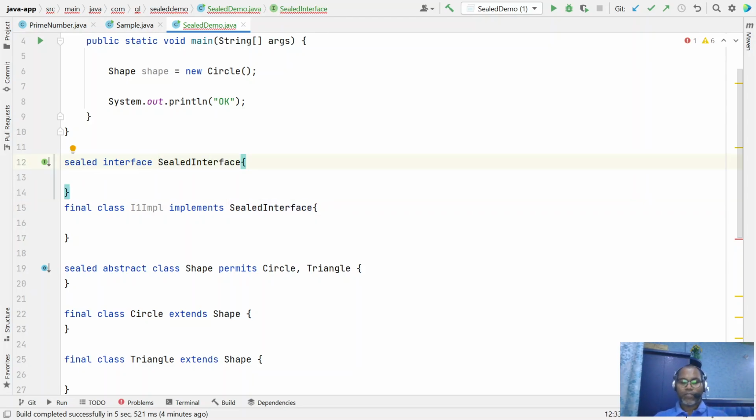Similarly here you can permit, let's say, implementation 1 or implementation 2.